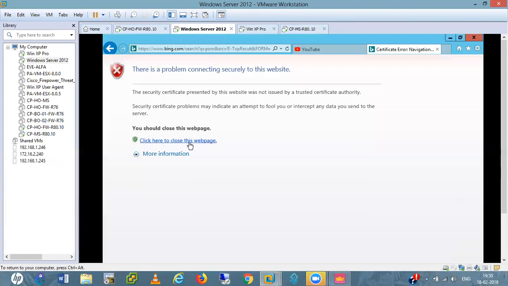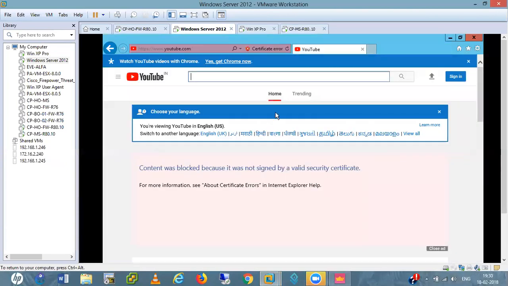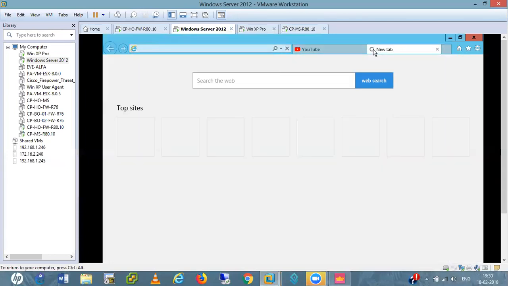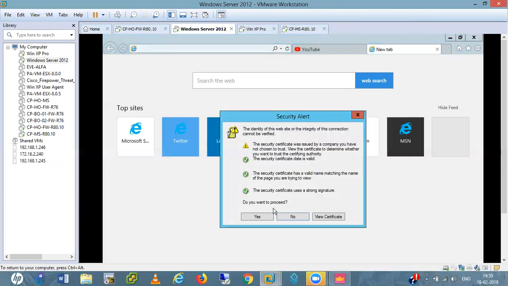Here I type this again, and it is still getting this error. Revocation for the security server for this site is not available. Do you want to proceed? Yes.